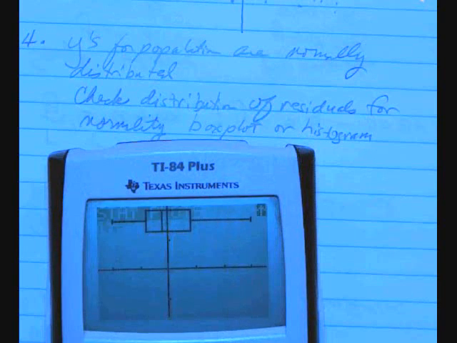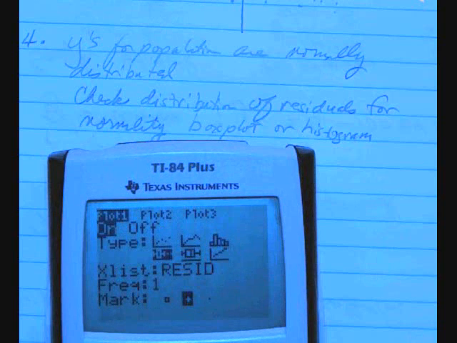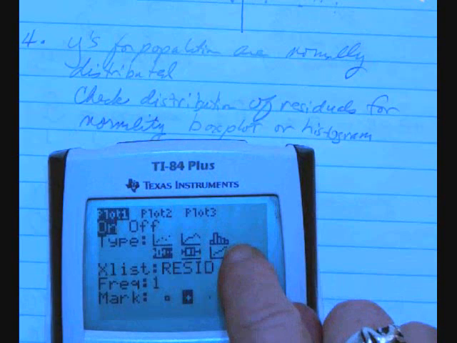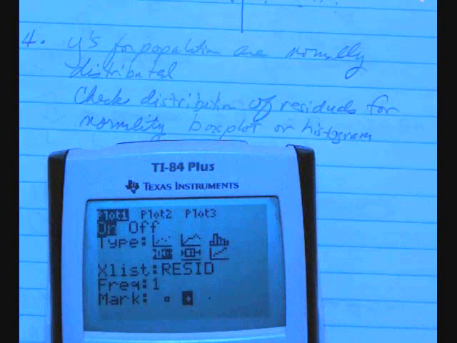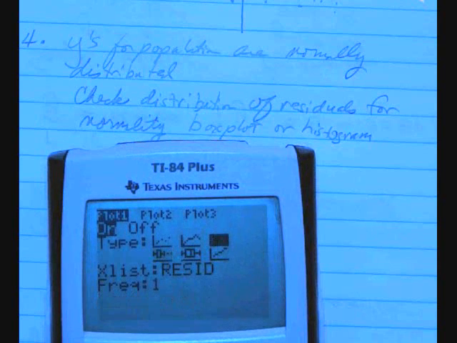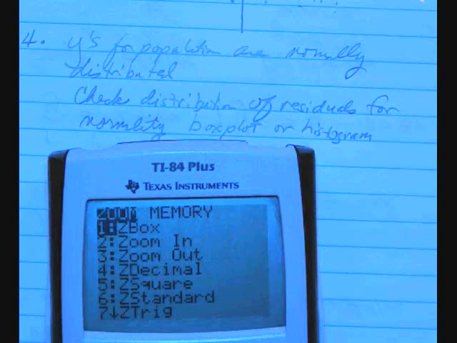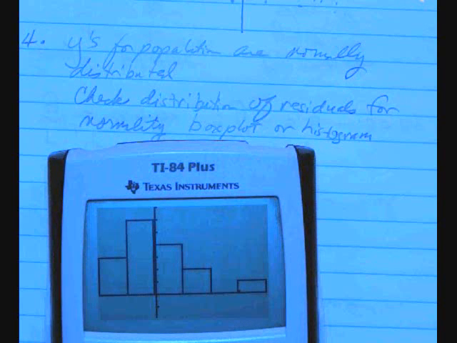Yeah. So I go into plot 1, and you can choose either the histogram or the box plot. This time I think I'll choose the histogram. And then in your X list, put resid. So that's second list, number 7. Did you ever run the regression? Oh, well, then it should be there. Okay. Oh, okay. Find your resid list. It may be in a different place. So I see it even better with the histogram. I see the skew. Haven't met conditions. We're not going to do the procedure to